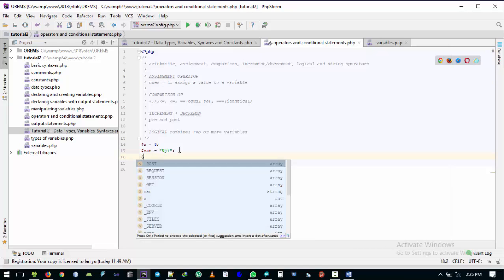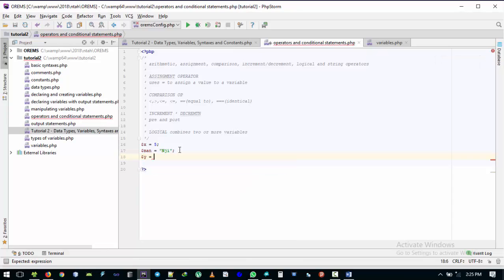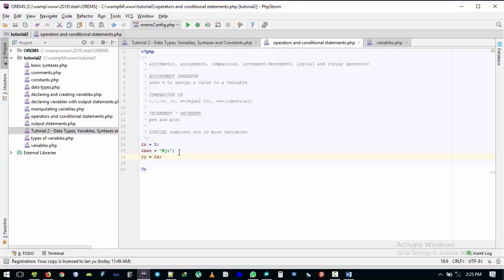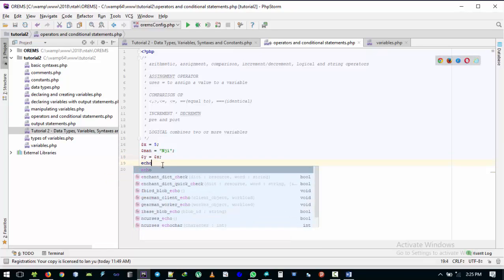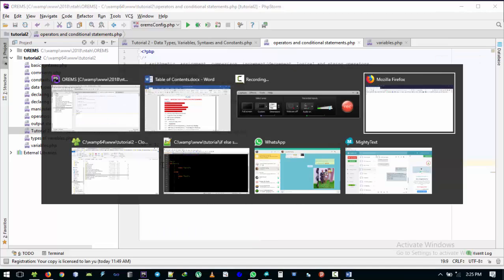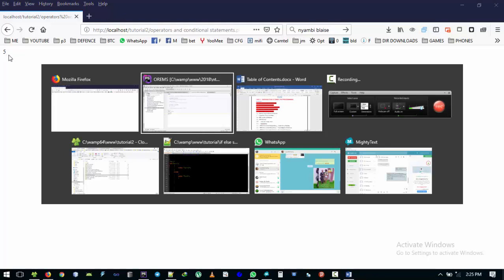Let's say $y is equal to $x, remember $x is 5. Now I want to create a new variable and assign the value of this other variable to this one. In this case, we say echo $y,